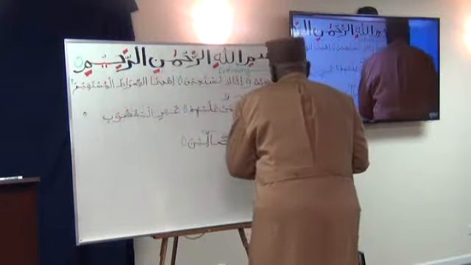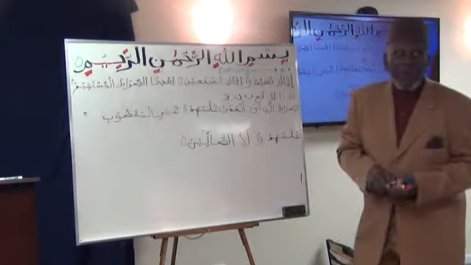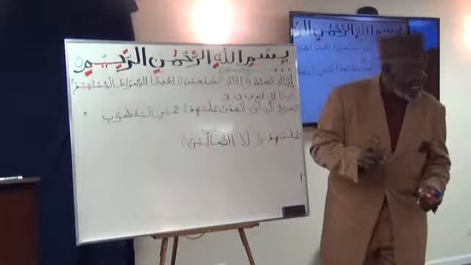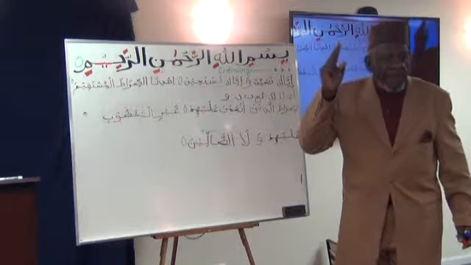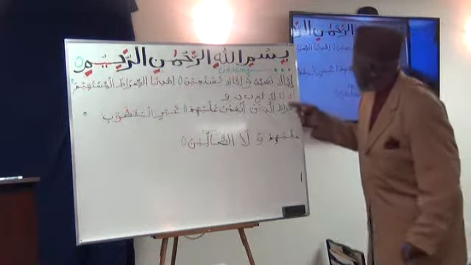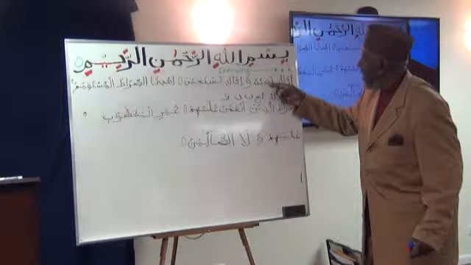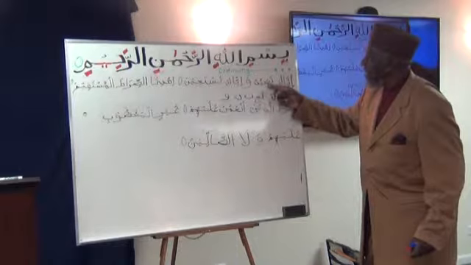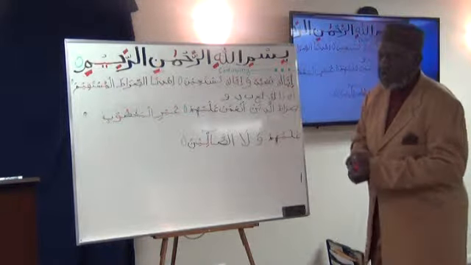If it's by itself, it looks a certain way. If it's in the beginning of a word, it's a certain way. And if it's in the middle, or at the end of a word. So there are four different ways: by itself, beginning, middle, and end of a word. So, for instance, this letter here, this is what it looks like at the beginning. This is what it looks like in the middle, see? And this is what it looks like at the end, all right? So you don't get confused.